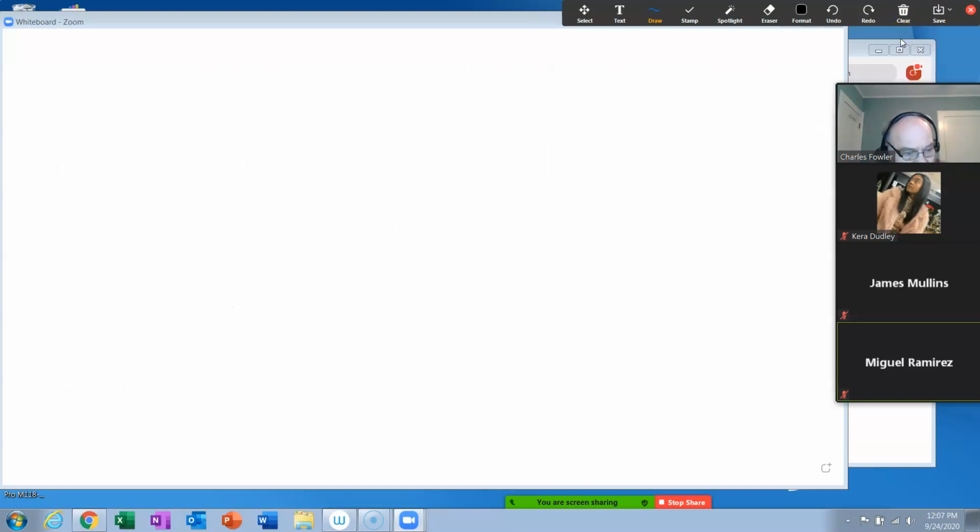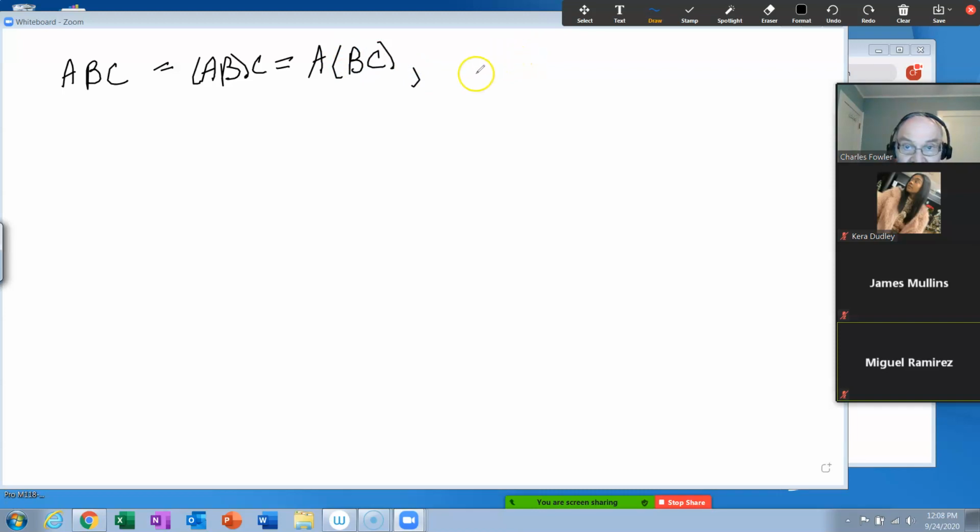Okay, let's clear those drawings and do example 3. It says find the matrix product, if I can find my pen, ABC by grouping the first factors as AB and then multiplying by C and showing that's also equal to A times BC, where A is the matrix (1, -2, 2, -1),